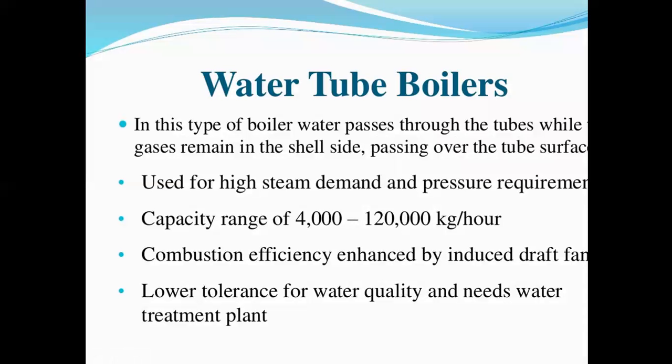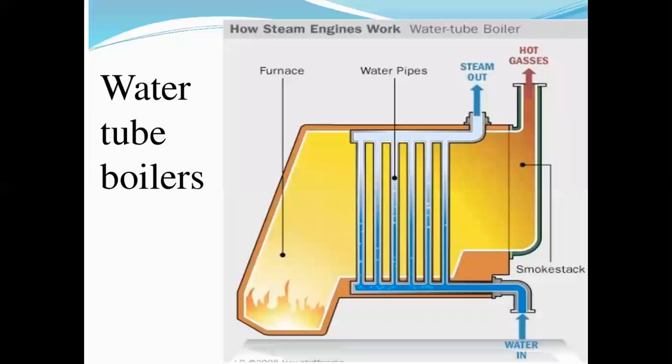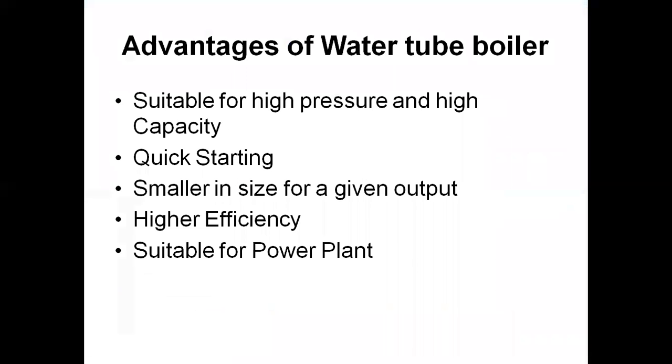Then the water tube boiler. In water tube boilers, the water is enclosed within the tubes, which are surrounded by the hot gases. The size of the boiler is a drum type. In the drum we use a smaller quantity of water, so with less water the steam generation capacity is more and the operating pressure is also more. So water tube boilers are used in large scale industry. This is the working.